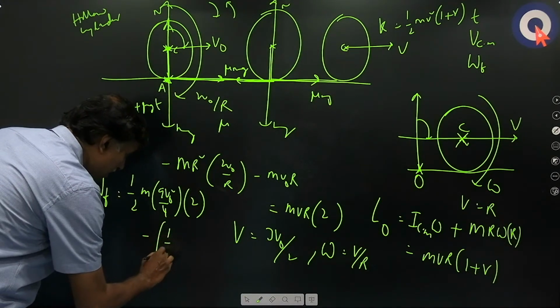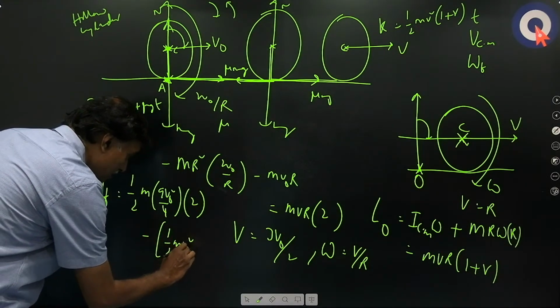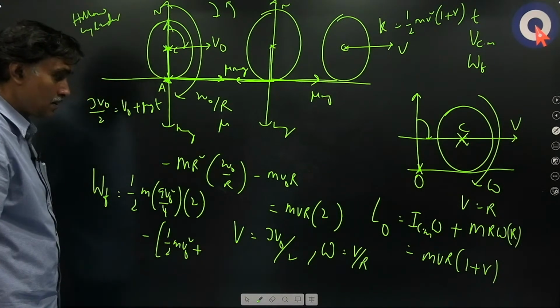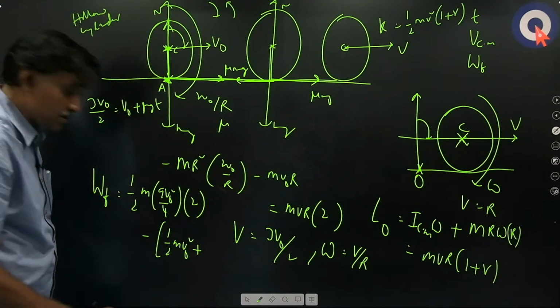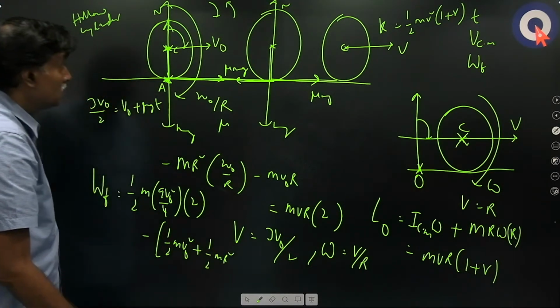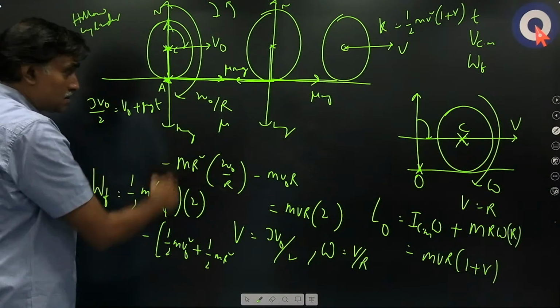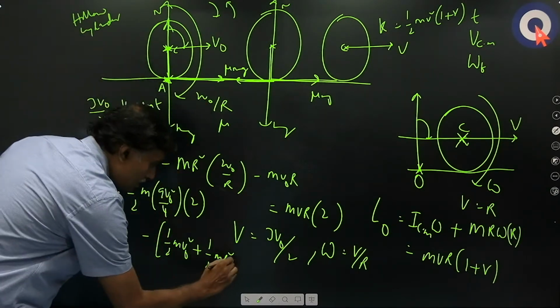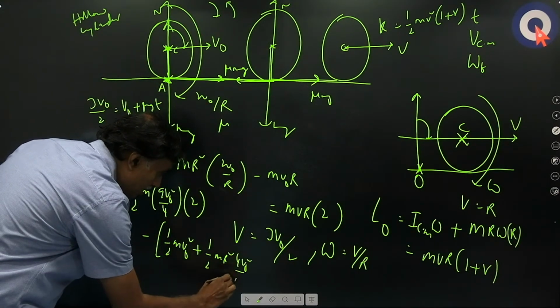What is translational kinetic energy? Half m v naught square, plus rotational kinetic energy half I omega square. What is I? m r square into omega naught square, that is 2 v naught by r whole square, that is 4 v naught square by r square. Okay,